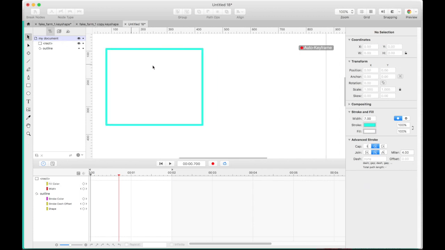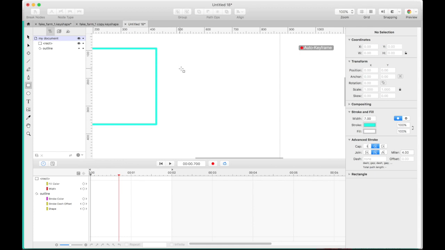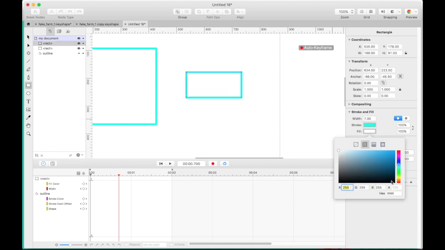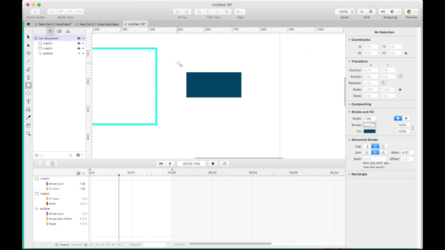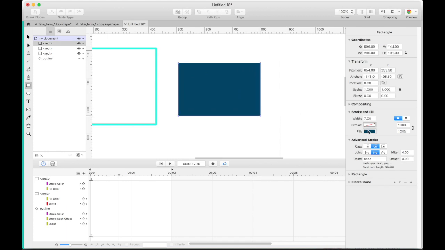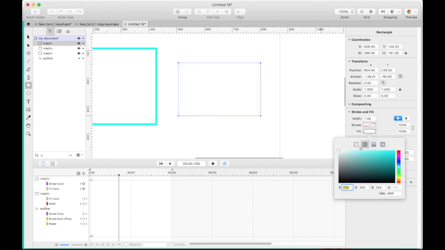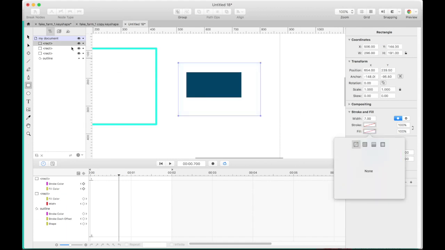So if you take a rectangle and fill it in with that same color, and then take a rectangle that I'm going to fill with nothing, but it's sitting right there.